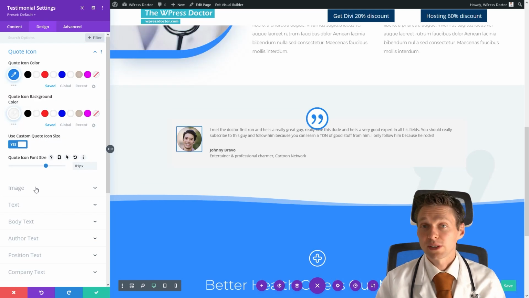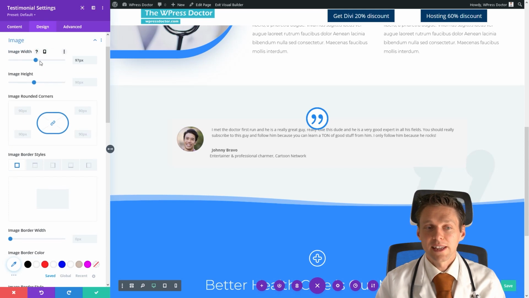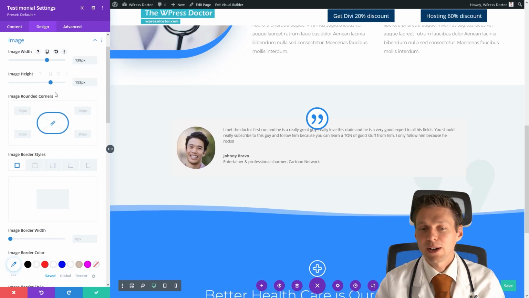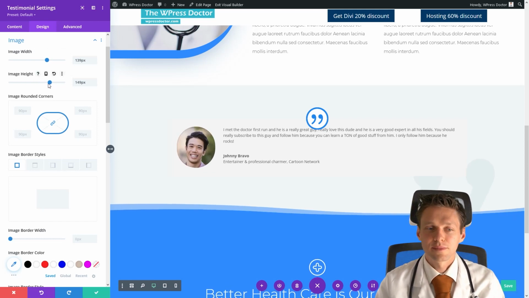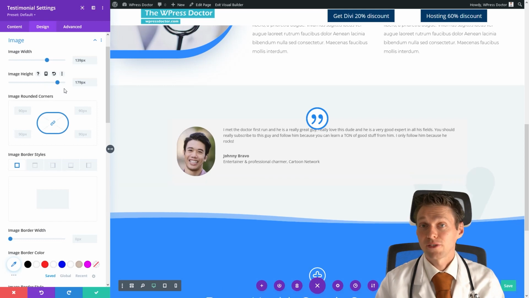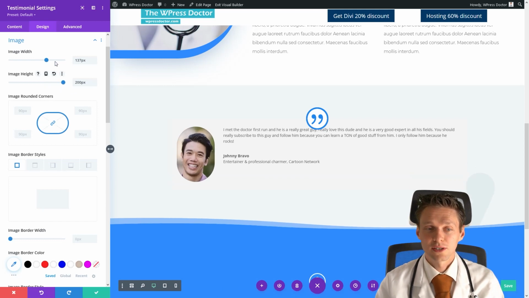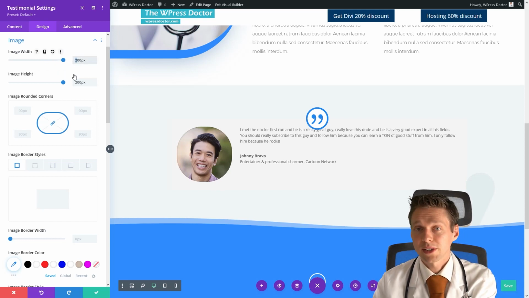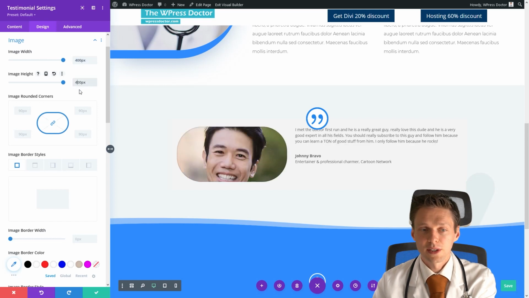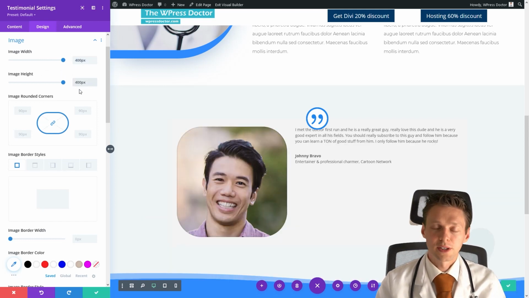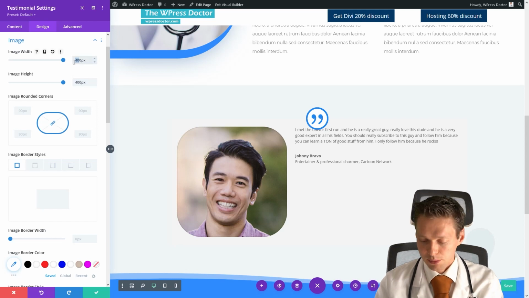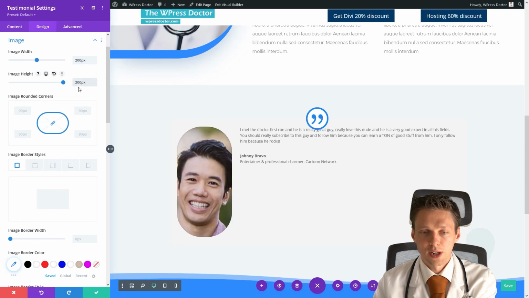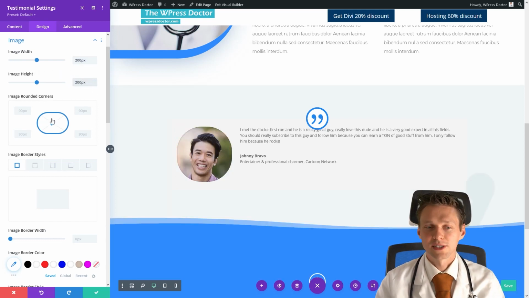And if you go to image, you can actually style your image right there. Here you can choose the width and the height of your image. I would suggest you keep it the same, but this way you can make it a very long image, or you can make it a round image. It is totally up to you. If you want to go bigger than 200 pixels, of course that is possible. For example, let's go with 400 pixels, or you can use percentages or whatever. So we're going back to 200. I think 200 is great.